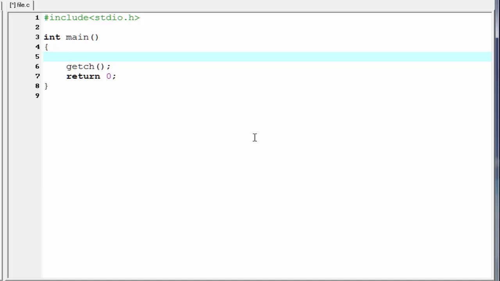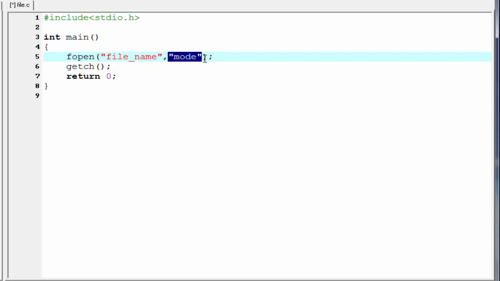Before you use a file, you must open it. To open the file, we use a function named fopen. The function fopen is provided by the header file stdio.h. This function takes two parameters. First one is a file name that you want to open, and second one is the mode in which you want to open. One thing I must say here, when you write the file name, you have to include the file extension also. If you want to open a Word file, then specify filename.doc, and for a text file, filename.txt. Next one is mode.